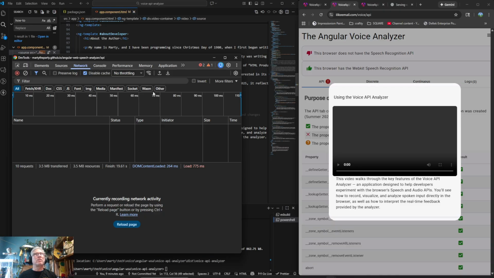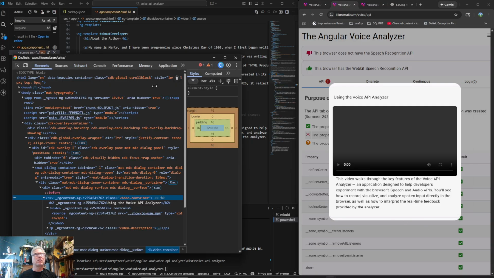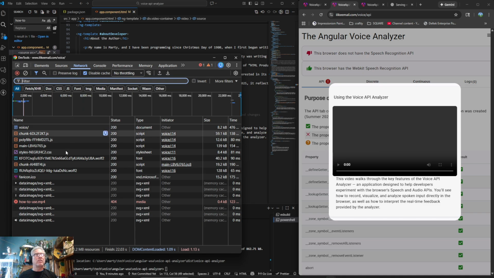Okay, what am I doing wrong here? Am I looking at the right one? No, that's the GitHub. Inspect network.